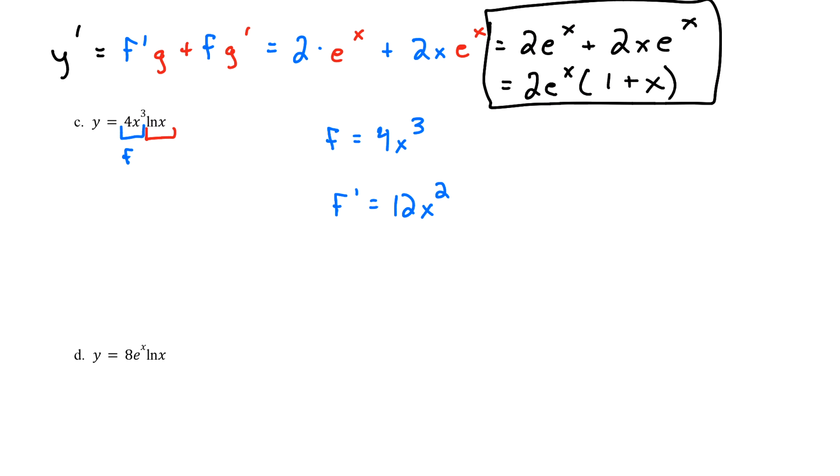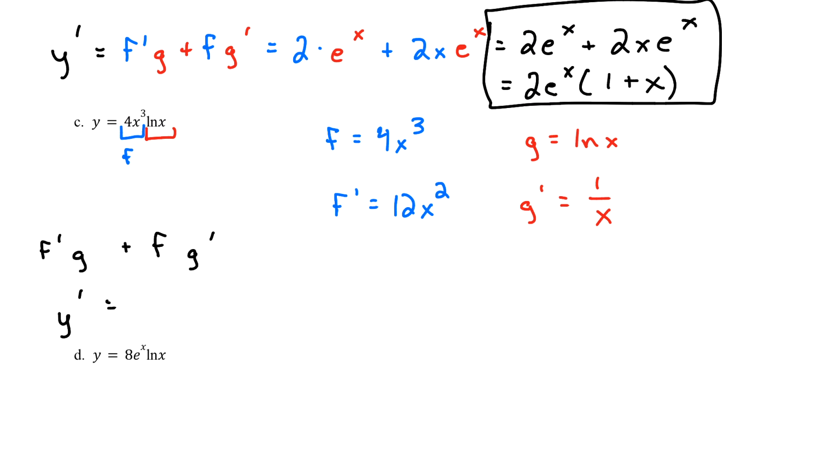G must be natural log of x. And we know how to take the derivative of that from our last section, g prime. Well, that's just 1 over x. So again, if we write out that product rule formula, f prime times g plus f times g prime, our derivative, y prime, is going to look like